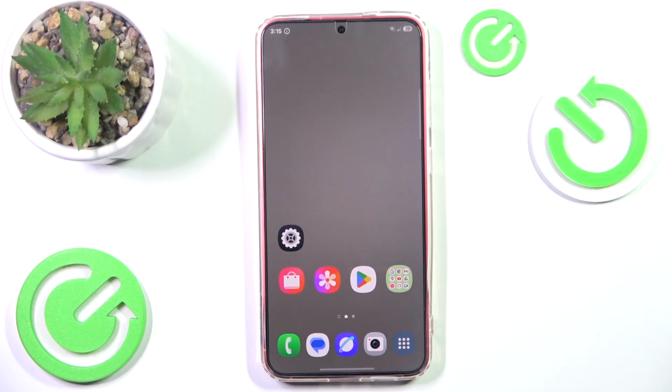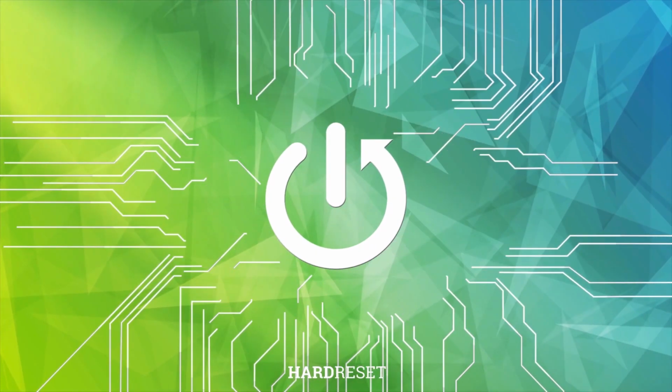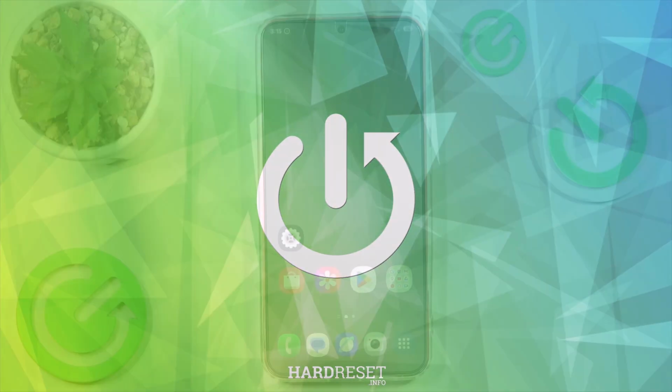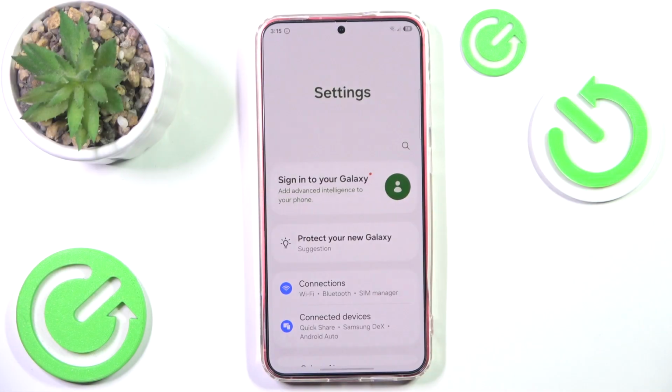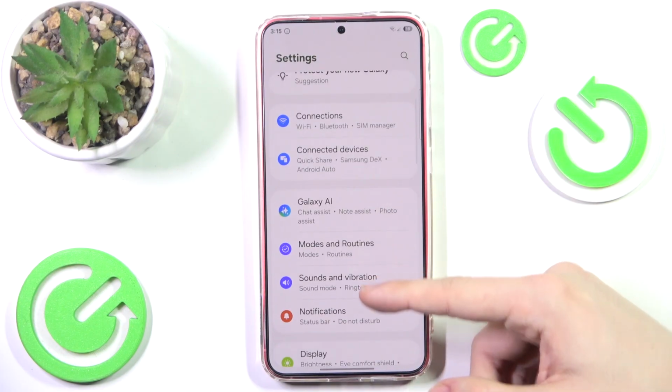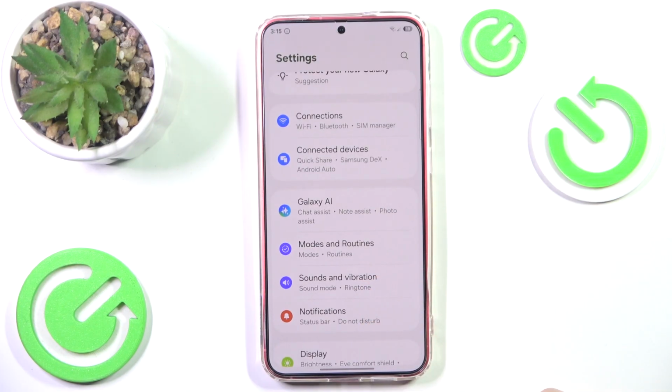Hello, in this video I'm gonna show you how to hide content of lock screen notifications on Samsung Galaxy S25 Plus. So to do it, you just need to go to the Settings app, then scroll down until you see the